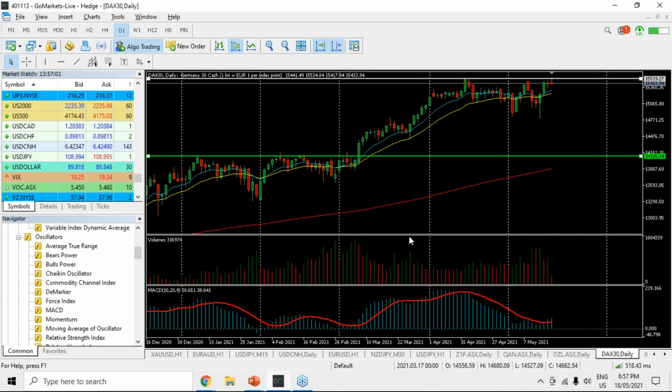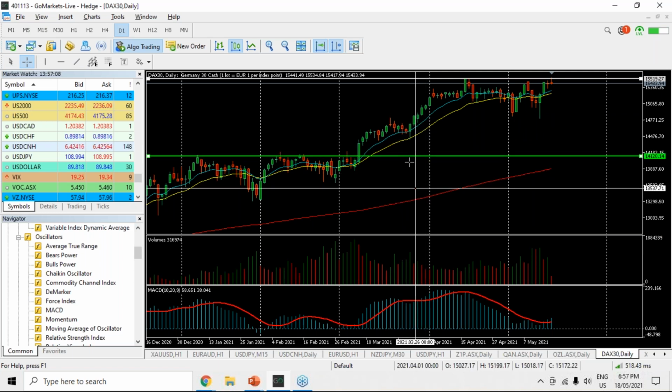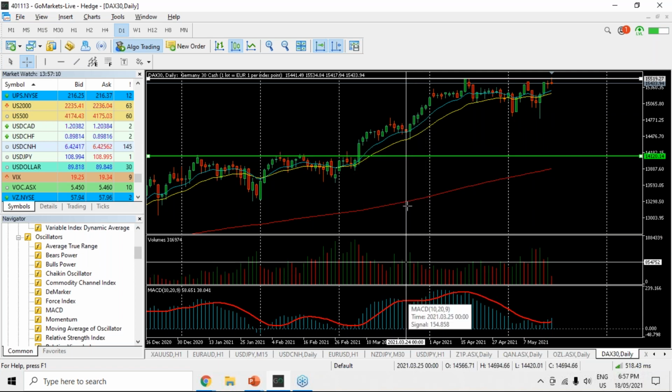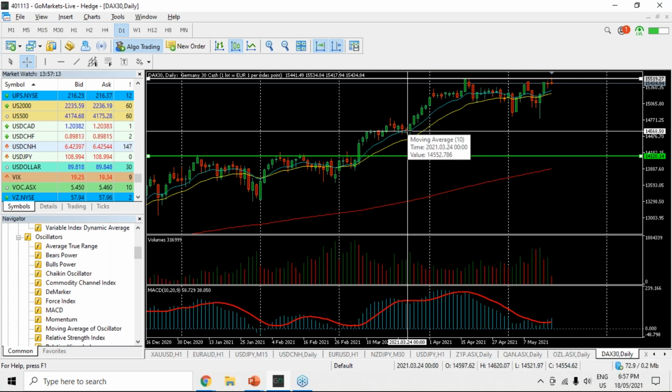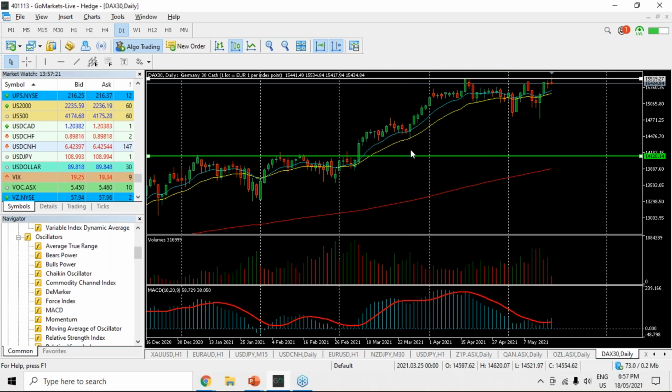If we used the MACD, we'd be out on, you can see there's where the signal line crossed. So we'd be out on that one there, and we'd make 220 points. If we use retracements, so this would be our